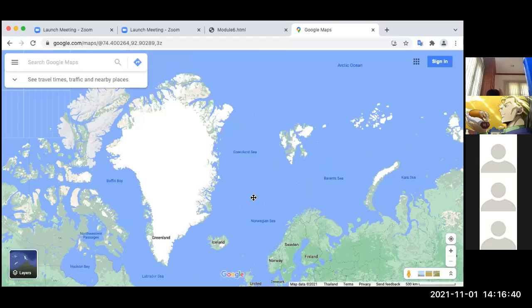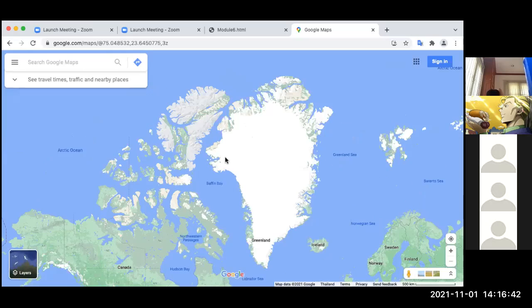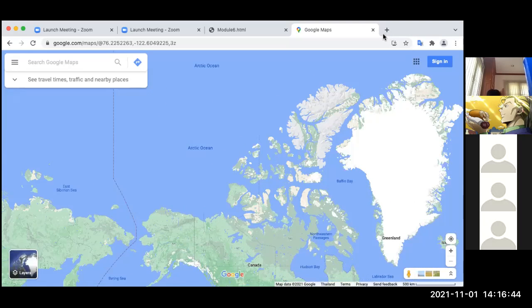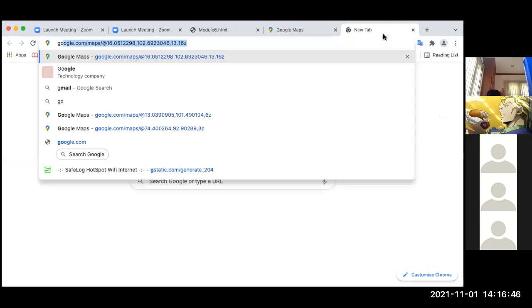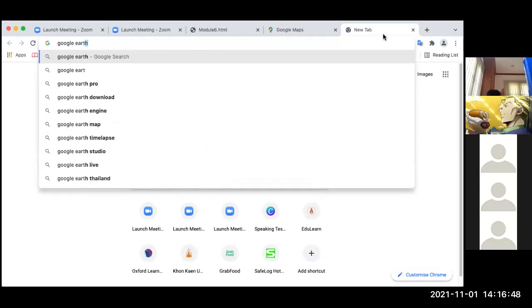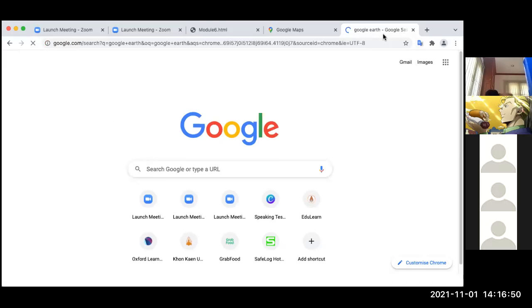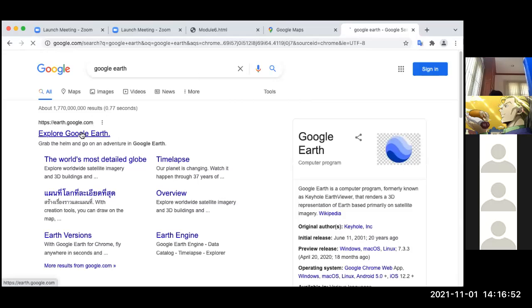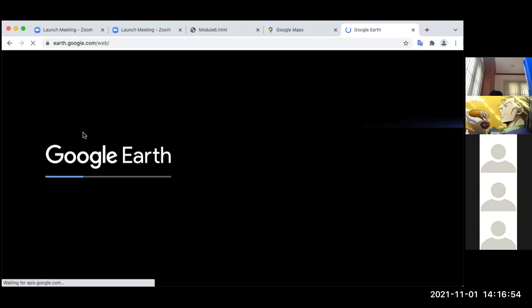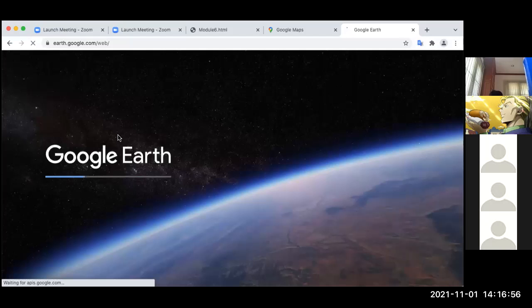Here is Russia. Okay, so we have Google Earth. So we have Russia and Canada. What else? Which other countries are in the Arctic?